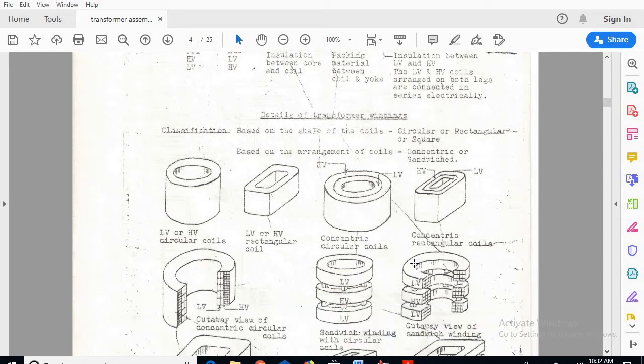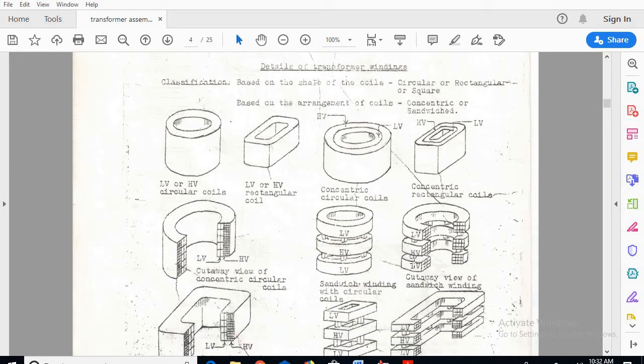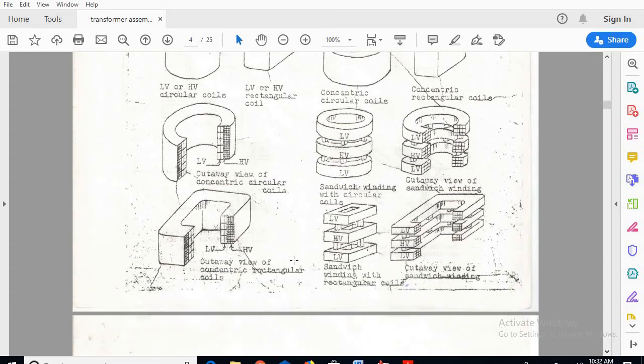Now if we go for a cut sectional view of a circular coil, here we can see the LV coil and HV coil thickness. This will be the elevation part. If I see from the top, it is the plan. If I see from the front, it is the elevation part.